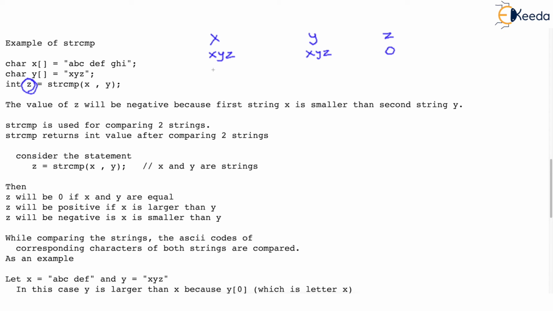Okay, let's try. Suppose first string is xyz and second string is XYZ. Now notice, Y is in capital letter, whereas x is in small letter. This is all small, this is capital. Now what C will do, it will compare this x, that is 0th letter, with 0th letter, and here itself it gets mismatch. Hello, small letters and capital letters have been discriminated, distinguished by C language.